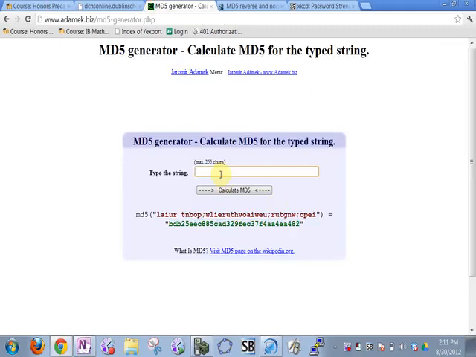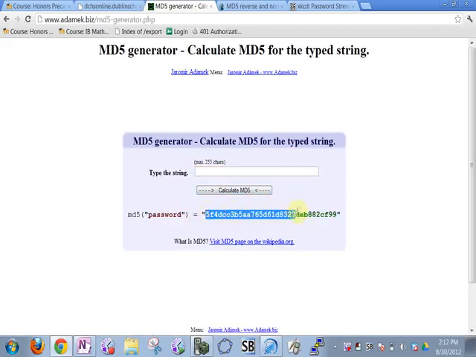Okay? So here's a website that will actually generate MD5 hashes for you. So let's try the MD5 hash for password. Oh, there it is, password. Or, there it went again. It's weird. So all of this gibberish right here, that is the MD5 hash for the word password, and it cannot be